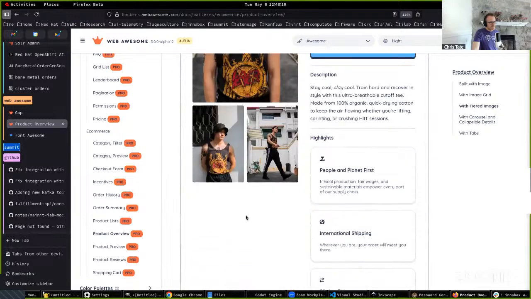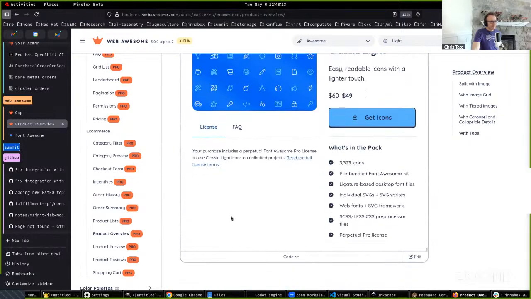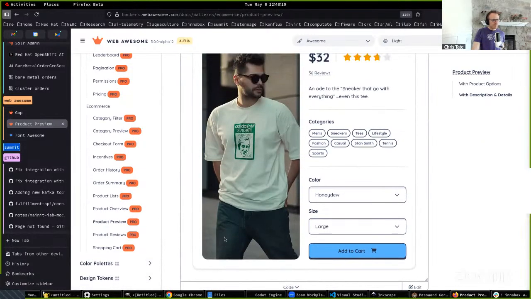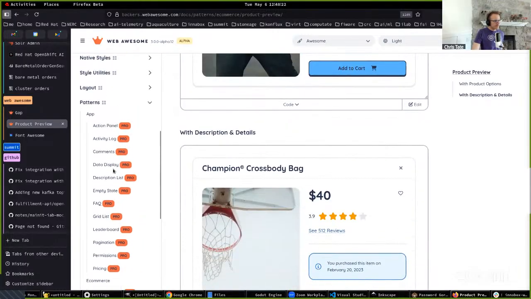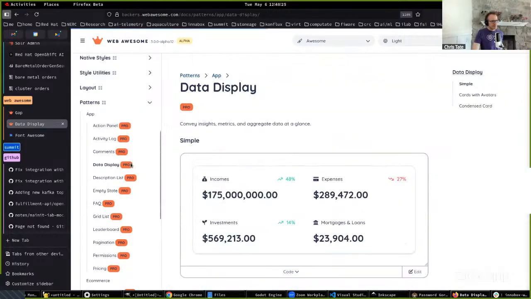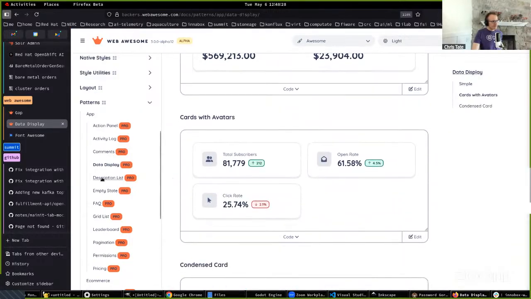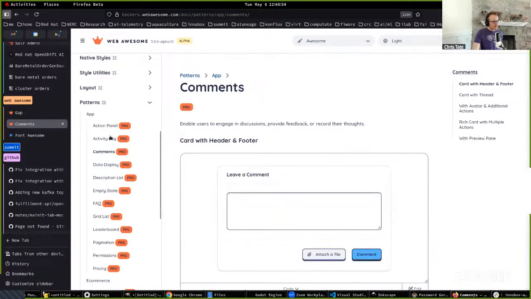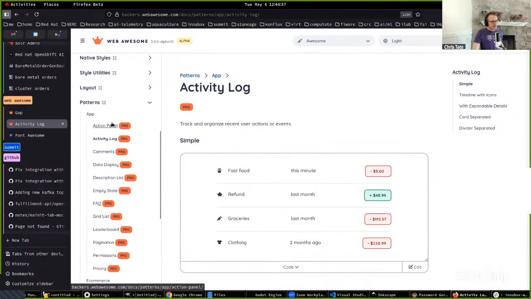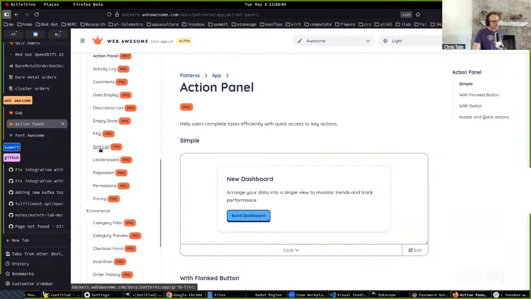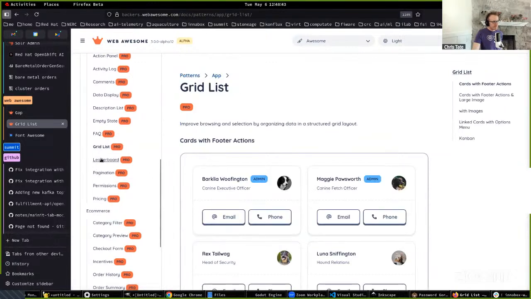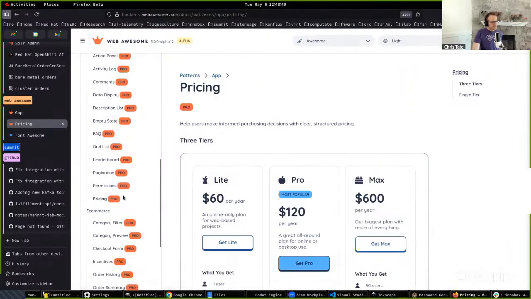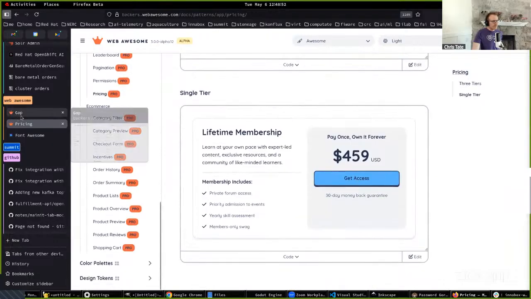Product preview. Data display. Maybe that was it. No, that's not it. Description list. No. Activity log, action panel, grid list. Well, I'll just keep them as